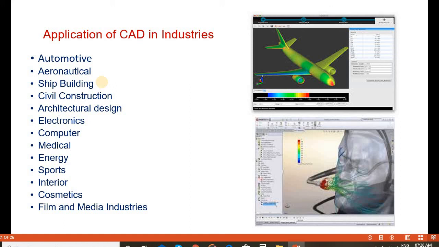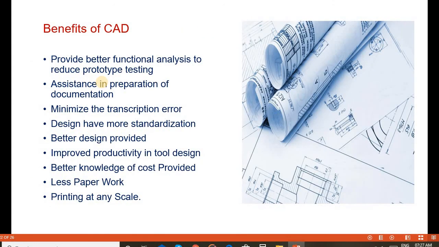Another major role is in the film and media industries. CAD plays an important role in film and media in the areas of animation, special effects, making moving films, and communication systems. These are some major applications used in day-to-day life. So in general, CAD is applicable to all types of fields, all types of products, all types of components. These are some important applications of CAD.